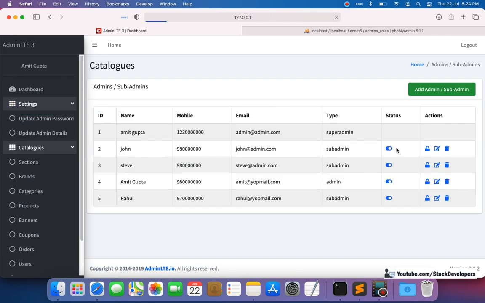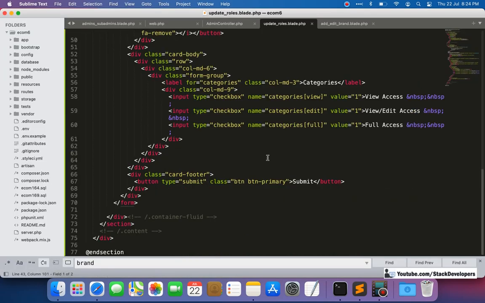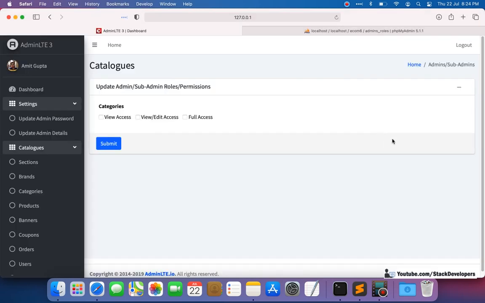Okay, so now see, I'm going to refresh with that. I'm going to open that update role here. Let's see, like in the case of John. So here it is coming like this. Update admin subadmin role permission categories. We have given it like this. We will give some spacing once again. View access. Okay, so now it seems to be fine.